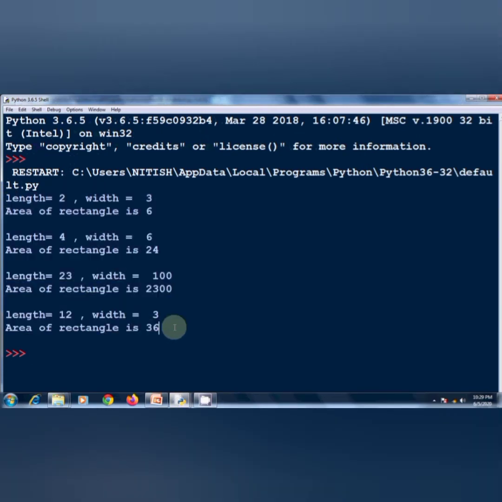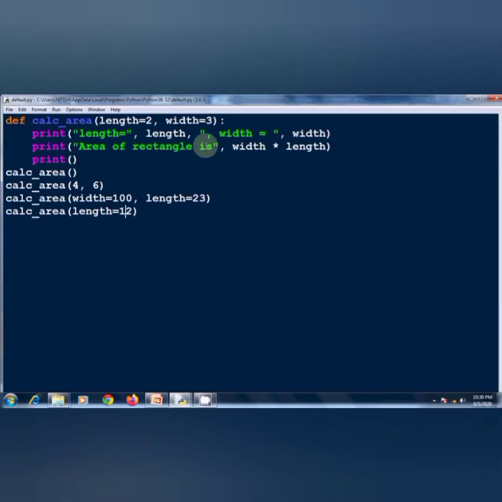One more thing is there. Suppose we are giving one more variable here, height is equal to 4, and the area is length into width into h.